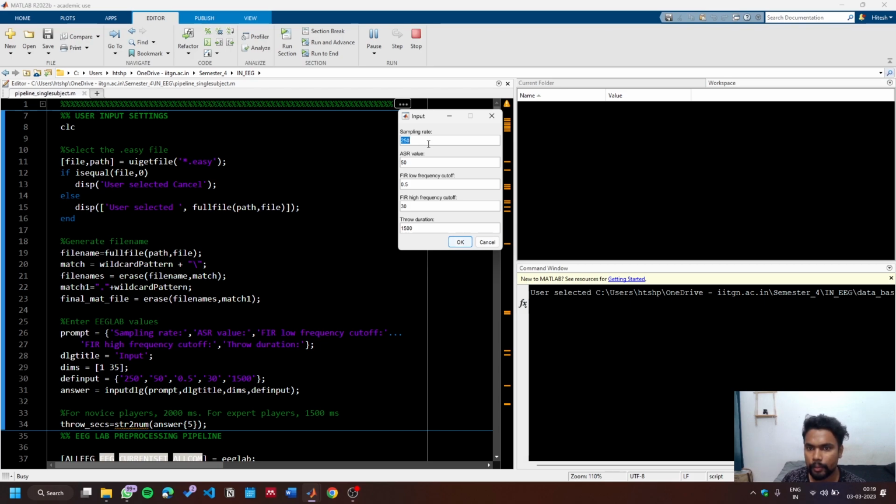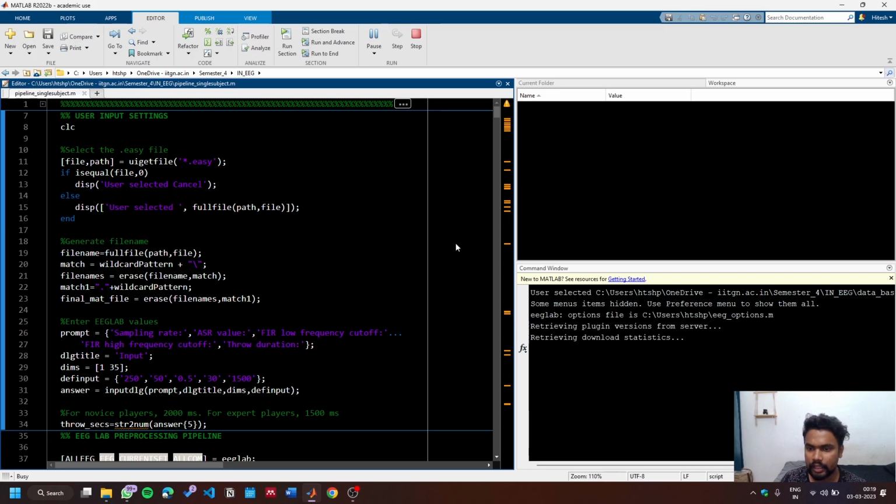So I have down sampled to 250 hertz, the ASR value, artifact subspace reconstruction value is 50 standard deviations, then filter 0.5 and 30. This is one of the study parameters, which is set as 1500 milliseconds. So I'll just press OK, and then it will start